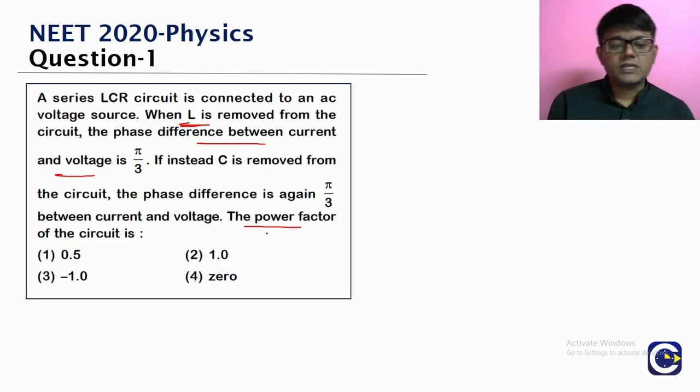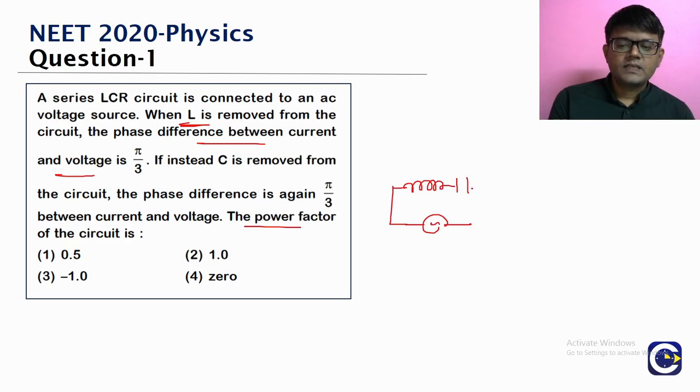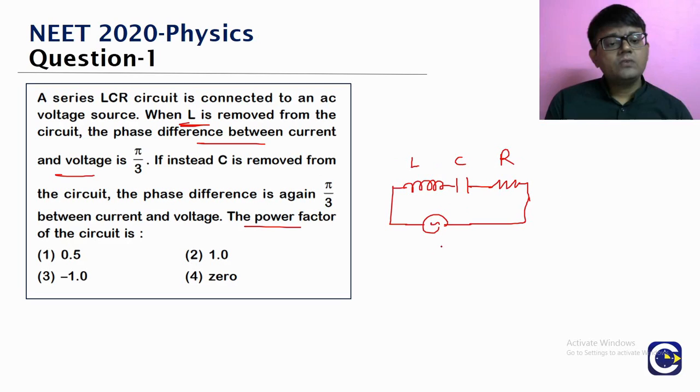The power factor of the circuit is, now look at this. If you have a series LCR circuit with an AC power source, there is a series inductor, capacitor and resistor. This is a series LCR. Let us say the inductance value is L, capacitance is C and resistance is R. Now, looking at the first condition, when we remove L, what will be remaining in the circuit? Only the capacitor and resistor. So when you remove L, this is like a CR